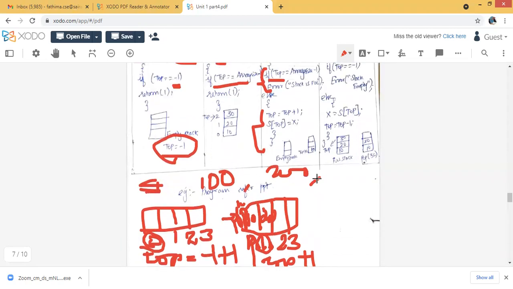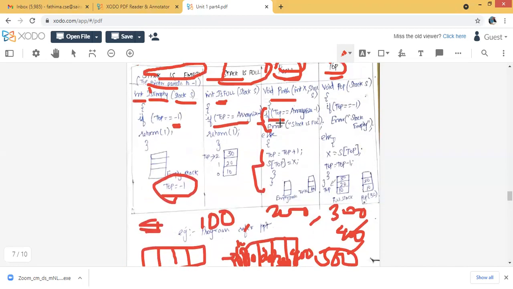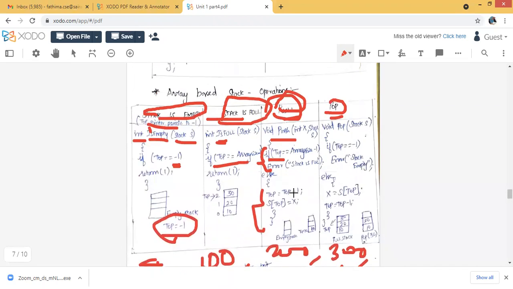Like that, if I want to insert the element 300, obviously I have to check. My previous index is 1, so I increment by 1, and my 300 is placed at index 2. After that, I insert the element 400, and obviously we place it at the next index. If I want to insert the element 500, I will enter into this condition. Why? Because obviously my array size - 1 is filled, so we don't have any space to store it. In this condition, it will give the error that the stack is full.